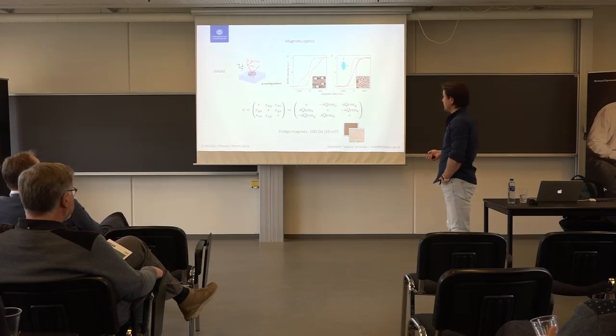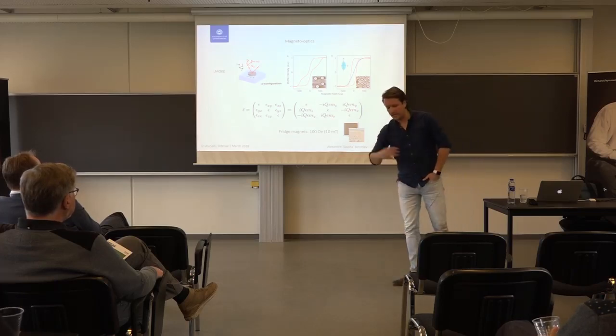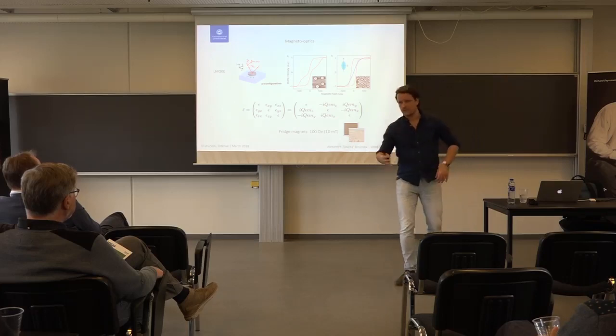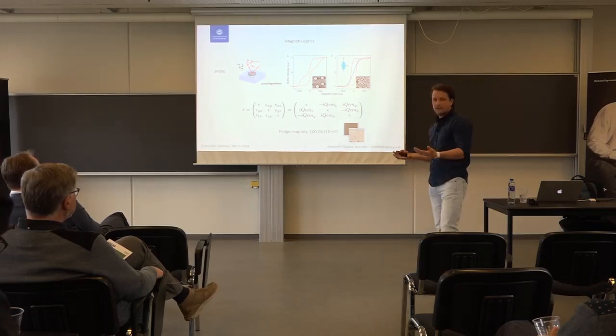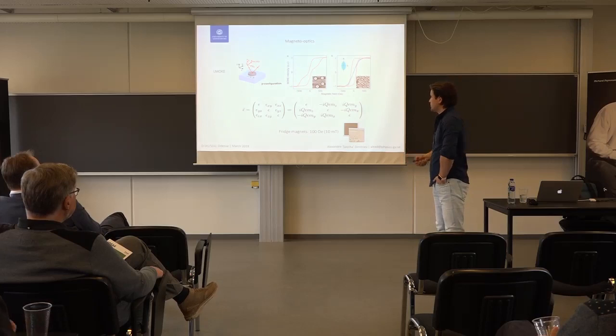But here enters the magnetic field. So you're working not with the diagonal elements of your electric function, but rather with the non-diagonal elements. Depending on how you apply that magnetic field, X, Y, Z, you activate different elements, and you would bend light in a different way, or make it more or less elliptical. So it's up to you to choose which configuration you're measuring in. It's sort of a technicality: how do you want to probe your magnetization?